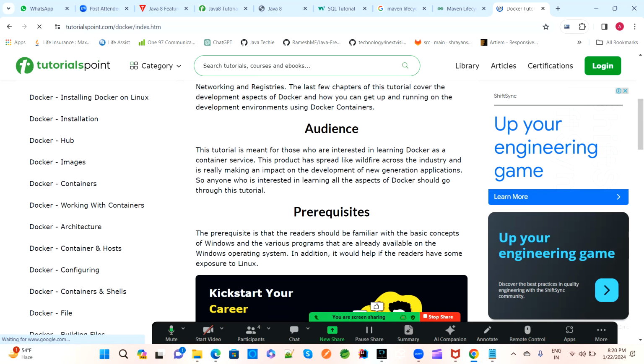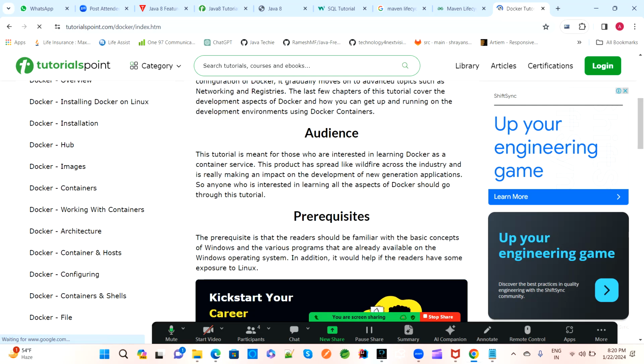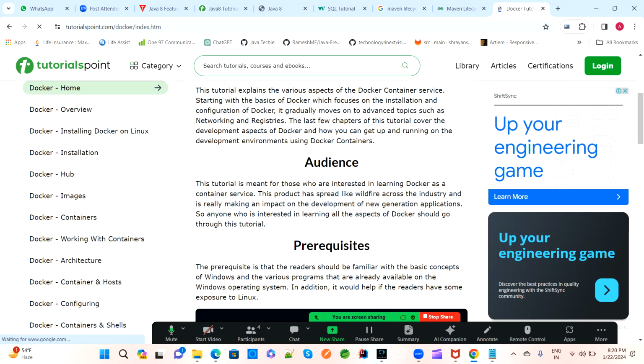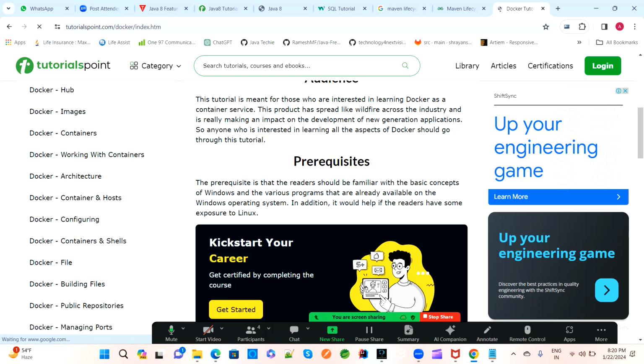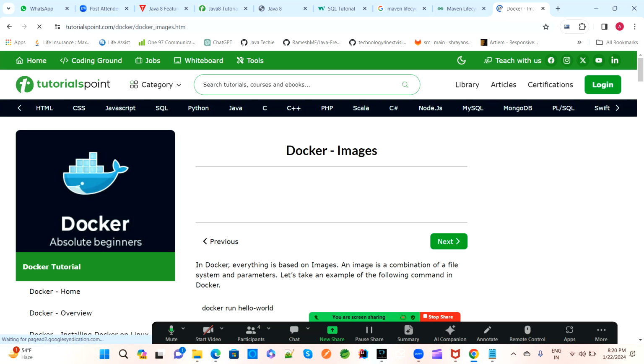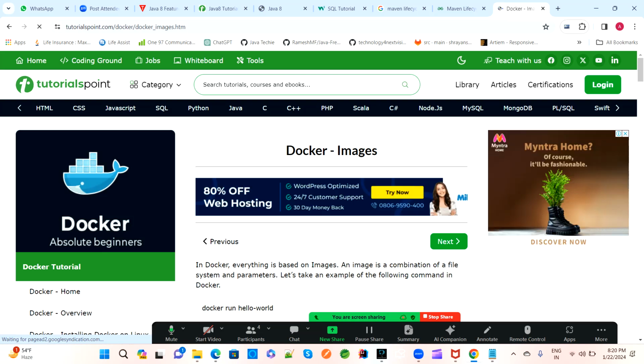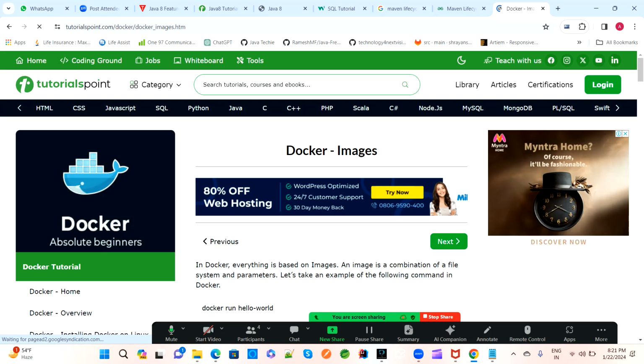First you have to install Docker on your machine, either locally or, if you are using any cloud platform, then we will go for the cloud. In cloud also we have it. After that, we will create an image. Once the image is created for the particular application,